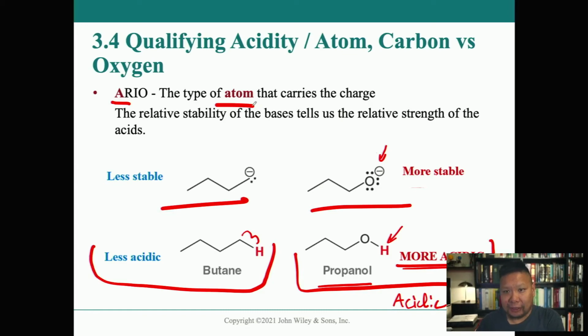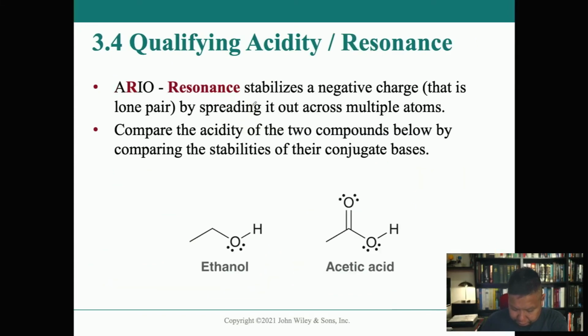Absent a significant size difference in those atoms, okay? The R in ARIO stands for resonance, of course. And what this means is that if it's a resonance stabilized structure, where that lone pair is, then it will be more stable. Okay, it will be more likely to be acidic. Which makes sense because we were talking in the last lecture about how resonance, delocalization, stabilizes a species,